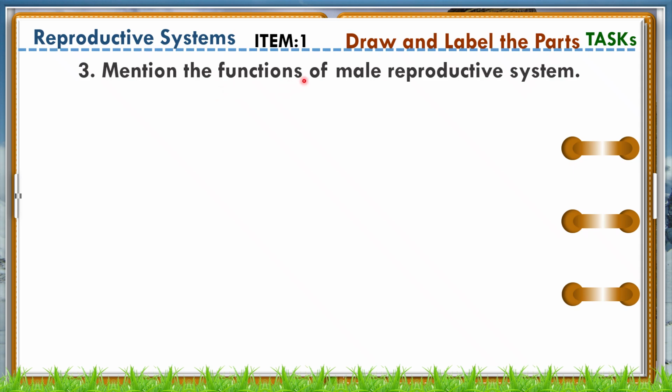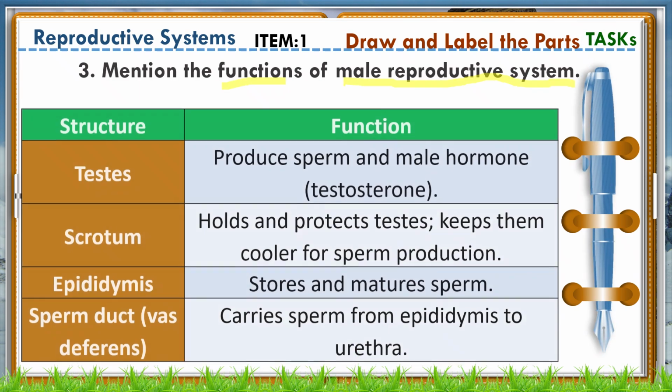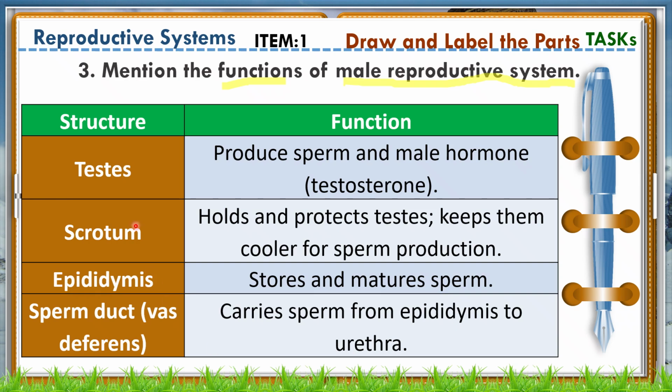Mention the functions of the male reproductive system. We want now to look at the functions of the male reproductive system. So we have the male reproductive system, we have the structure and their function. The first one is the testes. The testes produce sperms and a male hormone, which we call